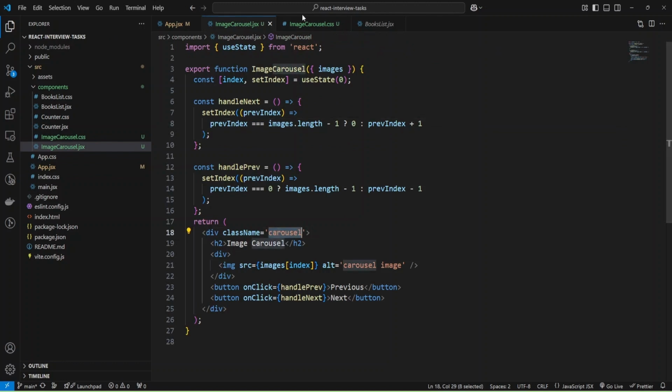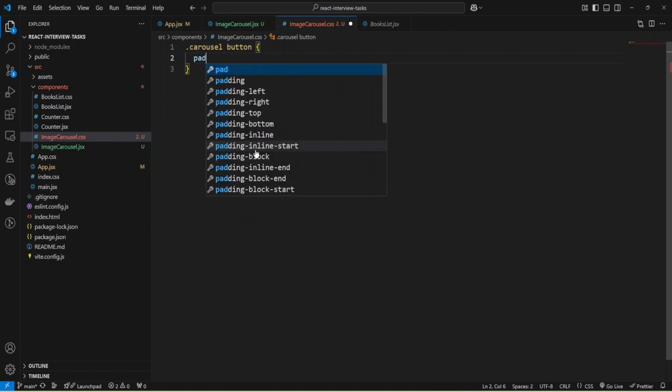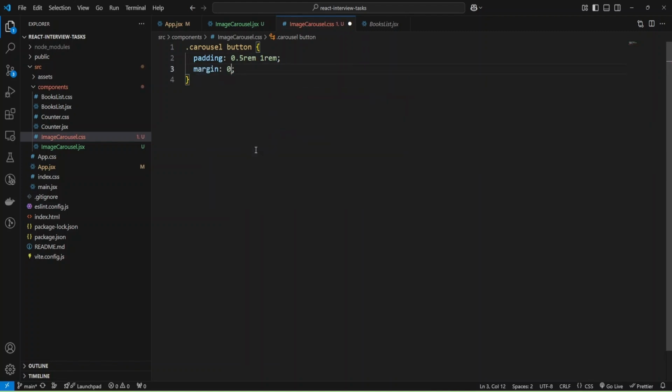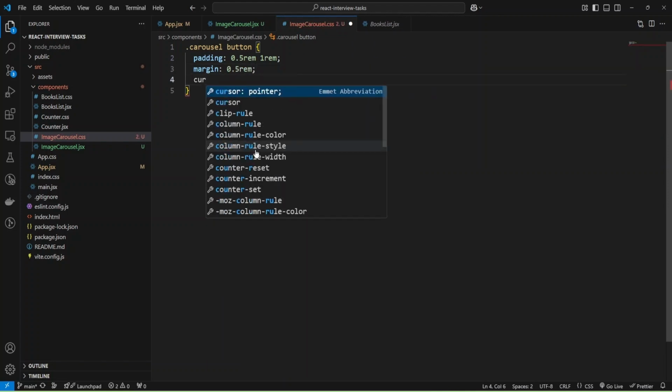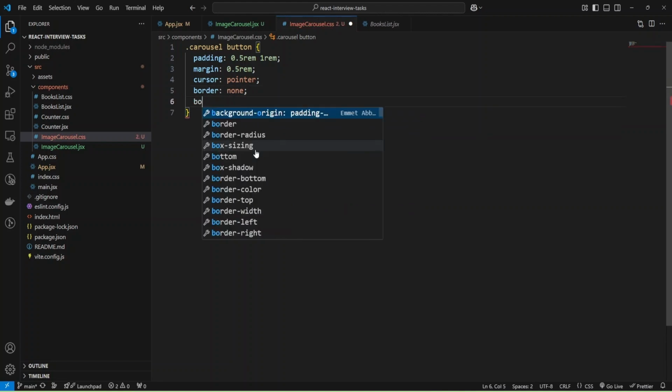I have class name carousel, and we'll provide styles for button, and let me add some padding like 0.5 rem and also 1 rem, and also some margin 0.5 rem, and also make cursor pointer, and also remove border, make it none, and also let's add some border